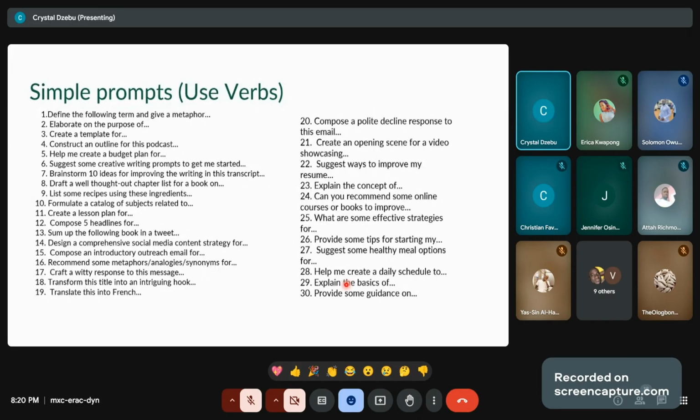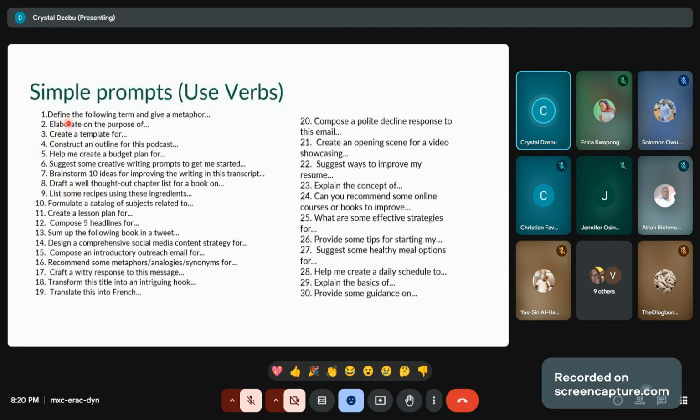Usually, I wrote these simple prompts here because anytime you want to start a conversation with the AI, you can actually start from simple prompts, meaning that you don't even know what you are coming to do yet. So you start from a very simple prompt and then you start getting into details about that particular prompt. But if you observe this particular set of prompts here, the most important thing is that you will see verbs throughout.